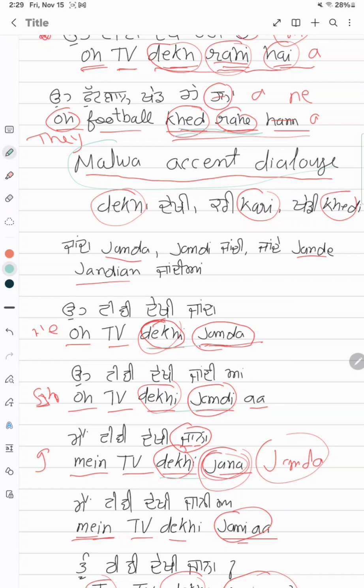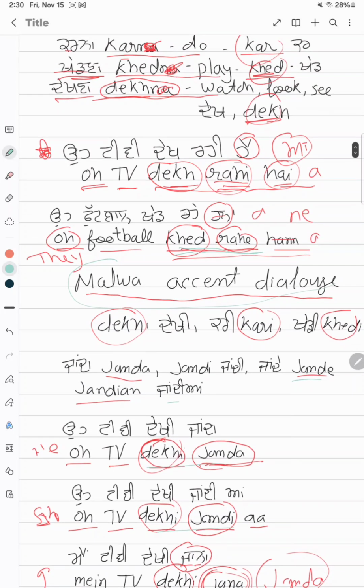So in another episode, I'm going to make the second part. In the second part, I'll teach you how people from the Majha area speak. When they speak, they don't use this one, like janda jan. They use diya, my kheddan diya, my dekhan diya. That's how they use it. But this one, rahiya, khed rahiya,